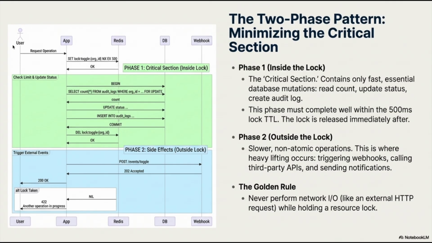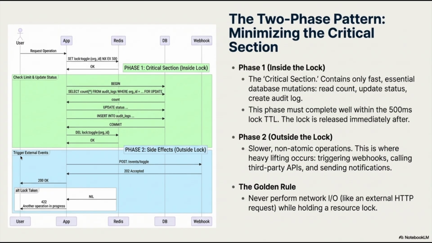So how does it actually work? The user requests an operation, and we set the lock first inside Redis. Redis says, okay, I'm good. Then we fetch and run the critical section inside the lock. The limit check happens here. You check the count, you get the count, update the status, and do all this. Once you're done, you have the limit and you've updated it, so now you can release the